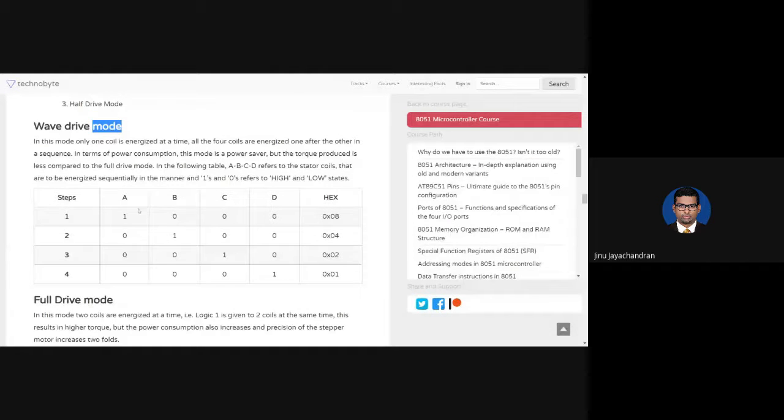Okay, so you see that, let's say there are 4 electromagnets. Then when you say 1, 0, 0, 0, you are magnetizing the first electromagnet and demagnetizing the rest of them, so it will move to magnet A. When you say 0, 1, 0, 0, you are magnetizing the second electromagnet and demagnetizing all other electromagnets, so it will move to magnet B. And similarly, 0, 0, 1, 0, 0, 0, 0, 1.